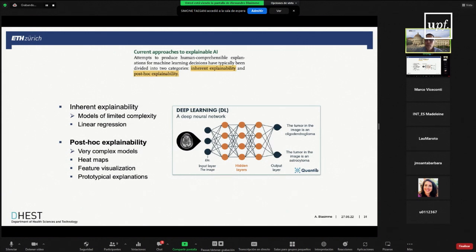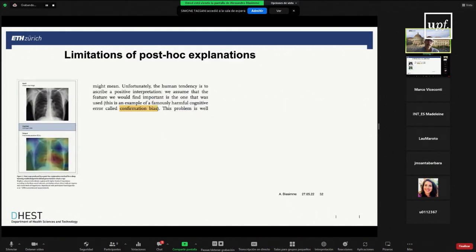Nevertheless, there is a lot of research on how to make deep learning algorithms explainable, at least post hoc. So when we have very complex models, some people are arguing that we can rely on heat maps that highlight, for example, in the case of images, the areas of a medical image that the algorithm is attributing a lot of importance to. But this is also risky because of